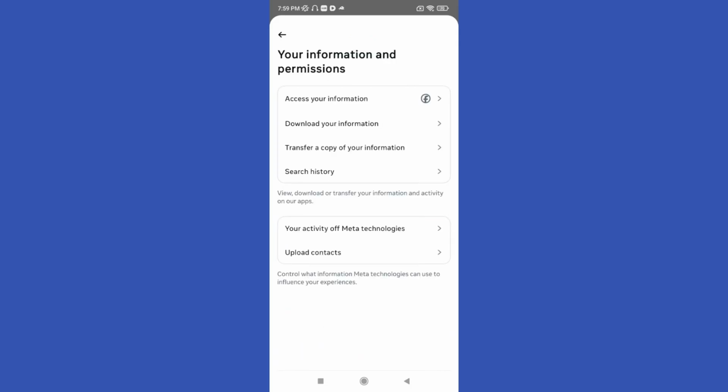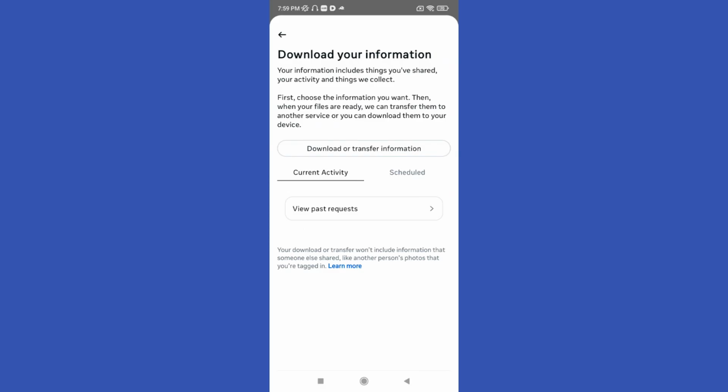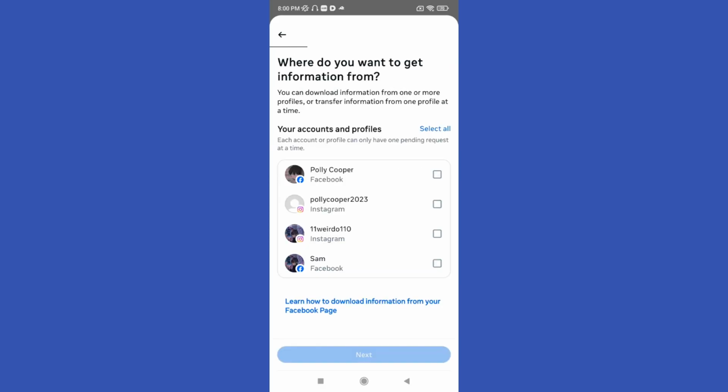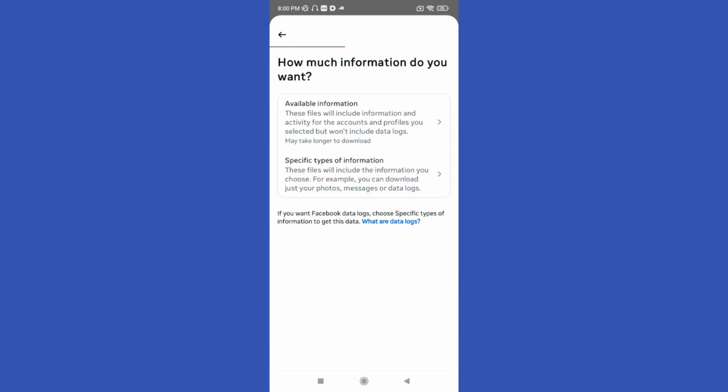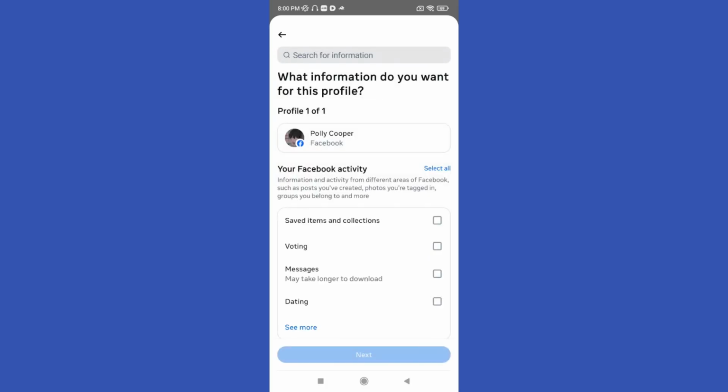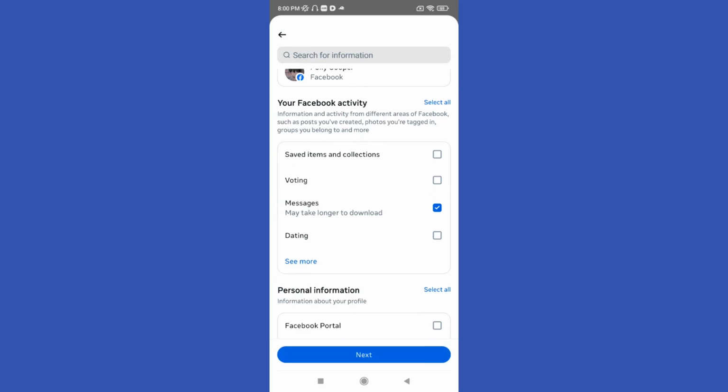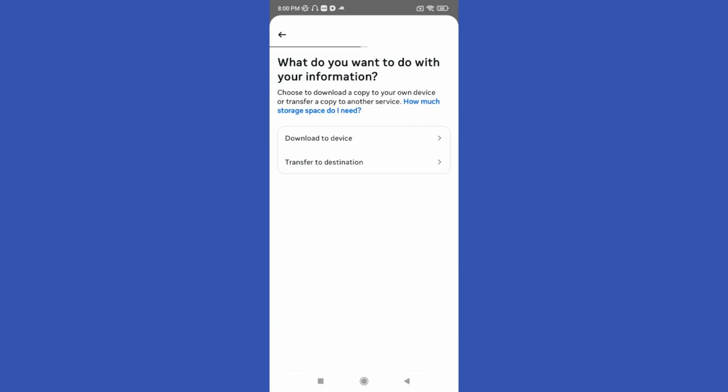Then here let's go to download your information and then just click here on download or transfer information. Select the account that you prefer to download the messages. In this case it is the Facebook account. Then let's click on next. Let's select specific types of information here, and then when we are here just select messages, then click next, then